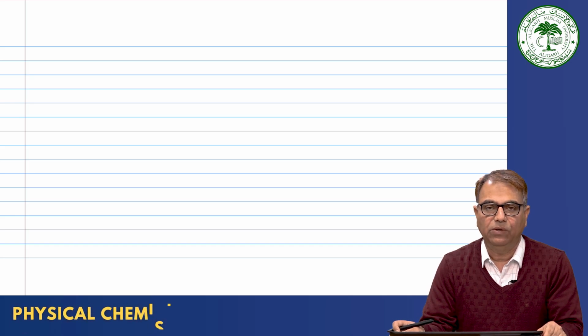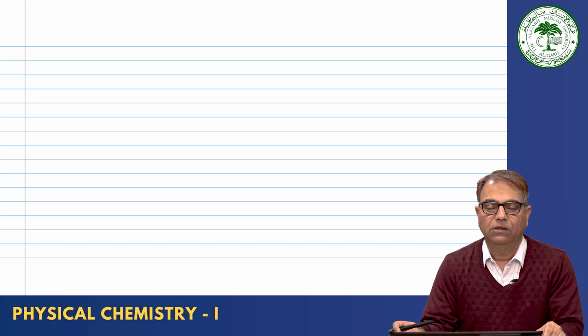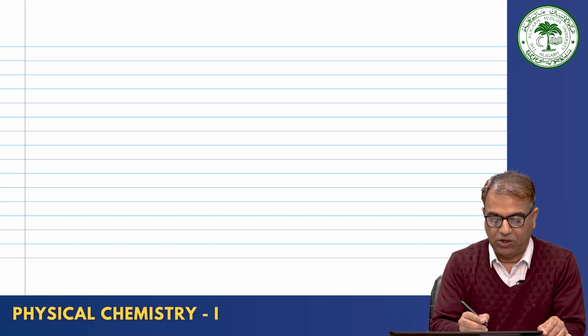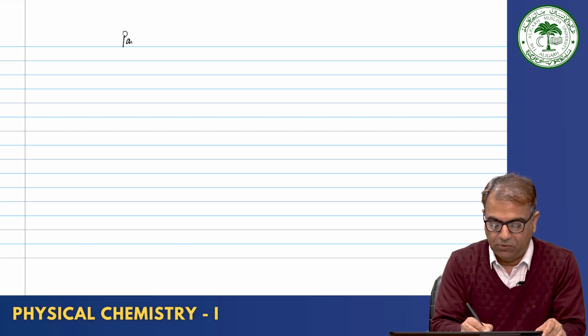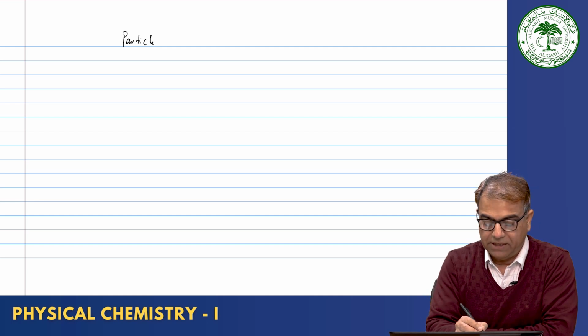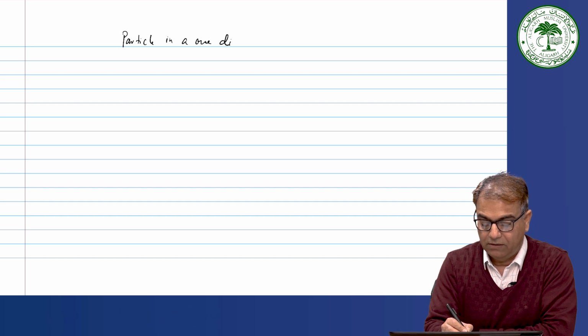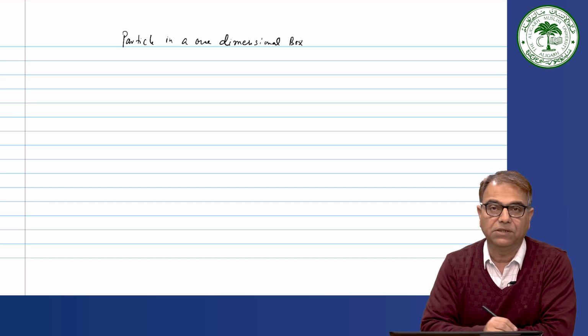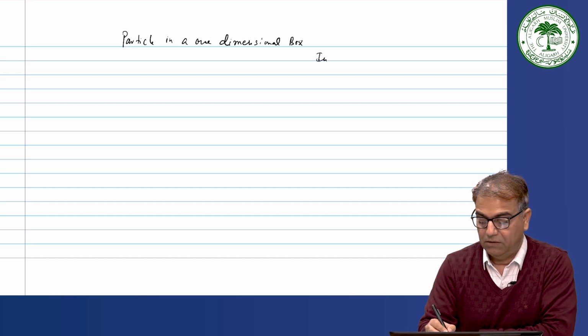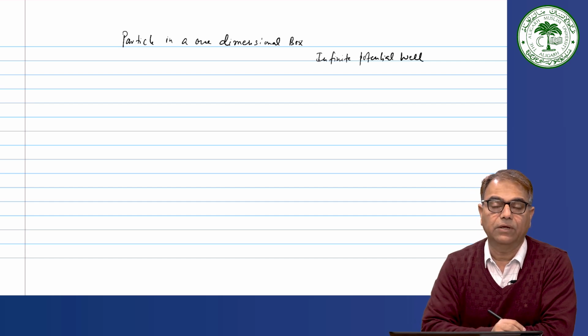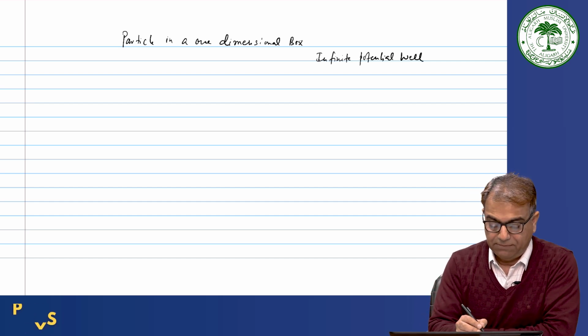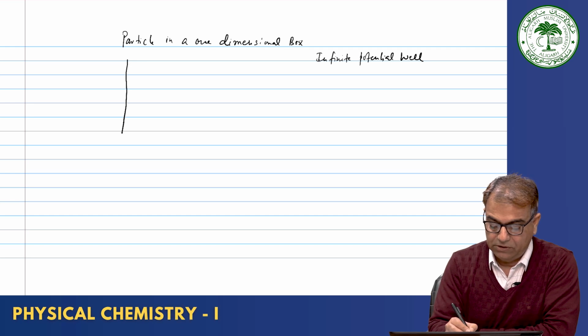Dear students, we will talk about the application of the Schrodinger wave equation to a particle in a one dimensional box. So, our problem is now the model system. The model system is a particle in a one dimensional box, which we also call the infinite potential well. Okay. We talked about this in the previous class and we will talk about this again, because this